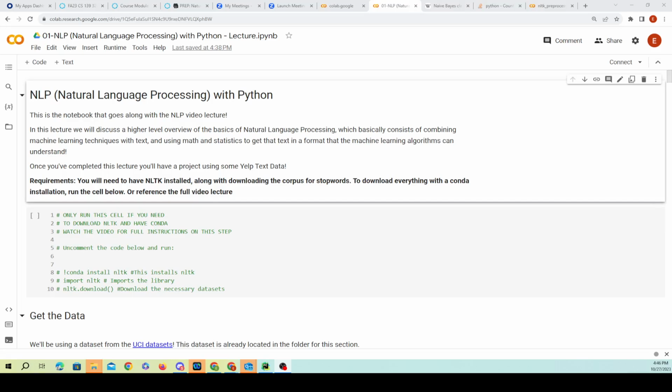Hi class. Welcome back. So what we're gonna do is the lab section or the Python lecture of the natural language processing with Python. So this notebook is going to go over some of the concepts that we talked about in the PowerPoint, and so we're gonna discuss some of the higher level overview of the basics of natural language processing. And this consists of talking about some of the features of machine learning techniques that we can use for this text and some of the math and statistics to get the text into a format that the machine